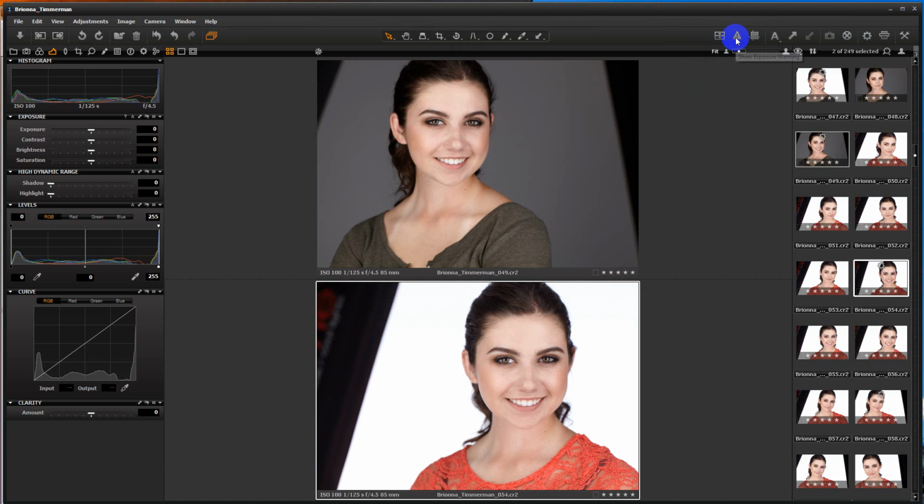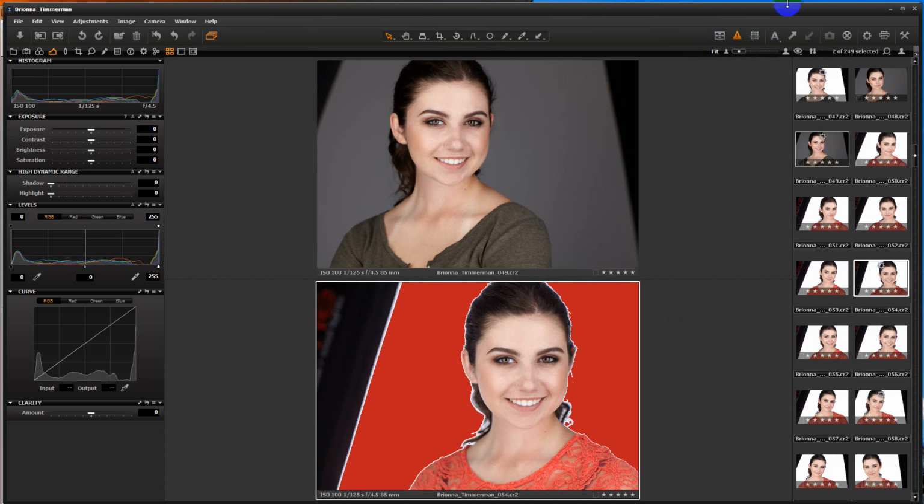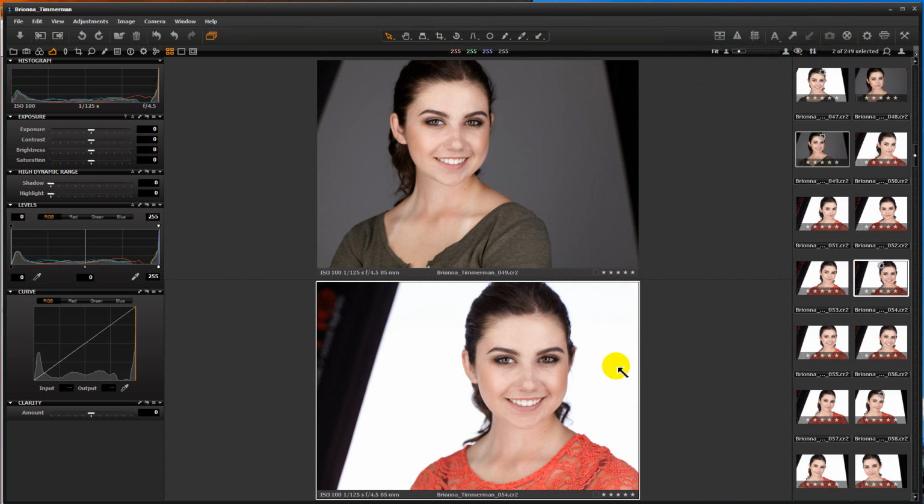Okay, my background is pure white. You can see that here with the highlight warning. Also look at the numbers again, 255, and then they fade up a smidge up here at the top. 252, 253, 254, 255. So what these numbers are telling me, they're great numbers by the way, because they're telling me